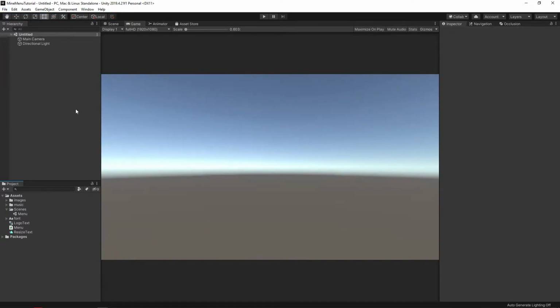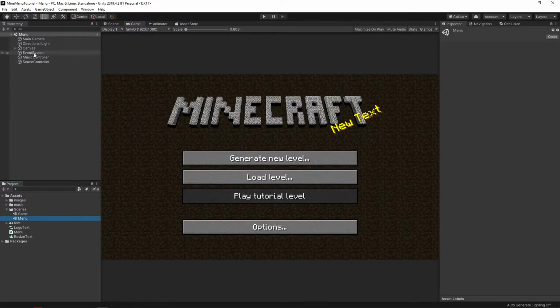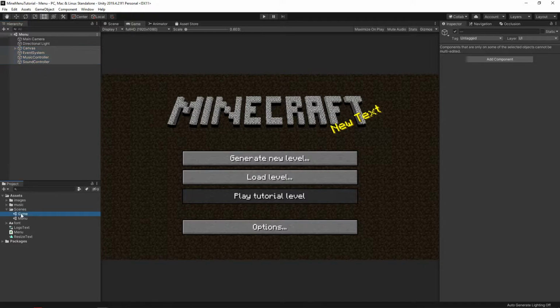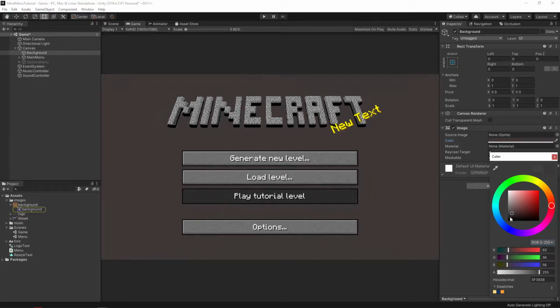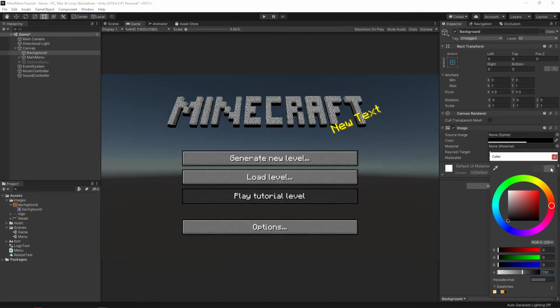First of all, we need to rename our current scene to menu and create a new one which we will call game and which will use the pause menu. Now let's go back to menu, copy the canvas, music and sound controllers and move it all into a new scene for further editing. Now go to the background, delete the image and change the color so that when we pause, our menu can stand out.